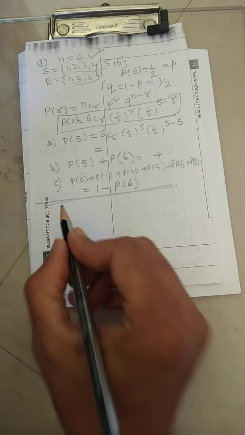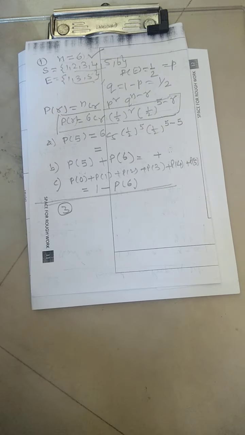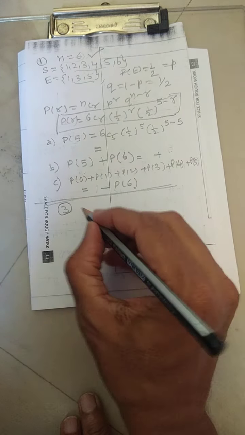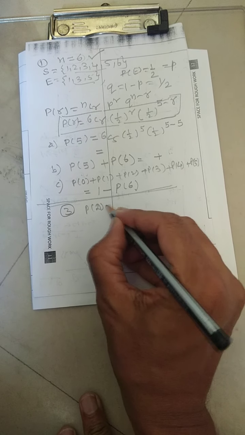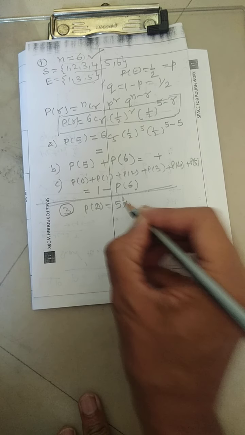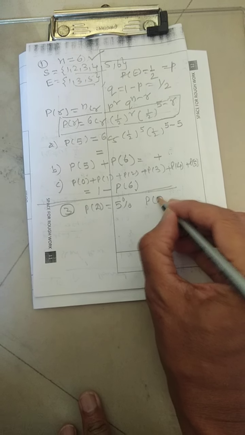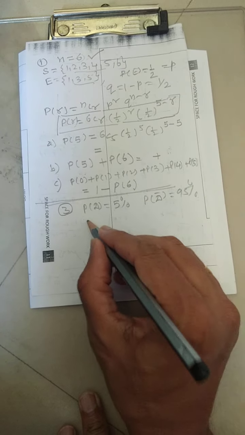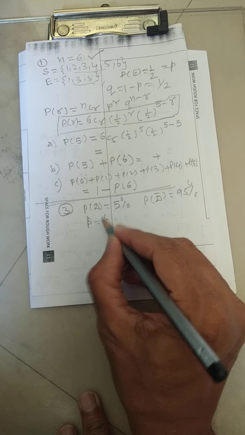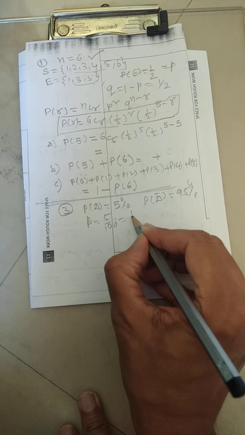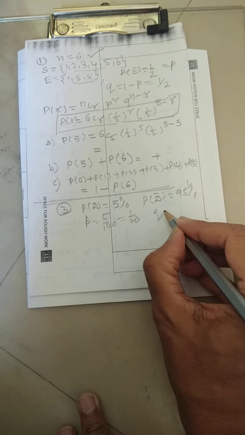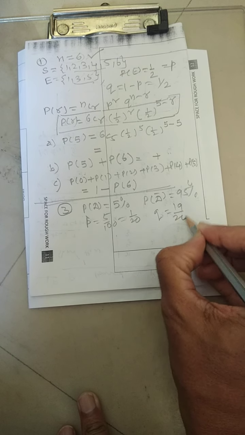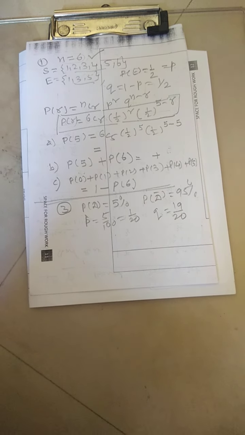Now look at the question number 3. The statement I am reading. There are 5% defective bulbs. So probability of defective bulbs is nothing but 5%. So what will be the probability of non-defective bulbs? It will be nothing but 95%. Can we say that this probability is nothing but P, 5 by 100 can be reduced as 1 by 20. So Q will be nothing but 19 by 20. So in this particular question we have got the values of P and Q first.